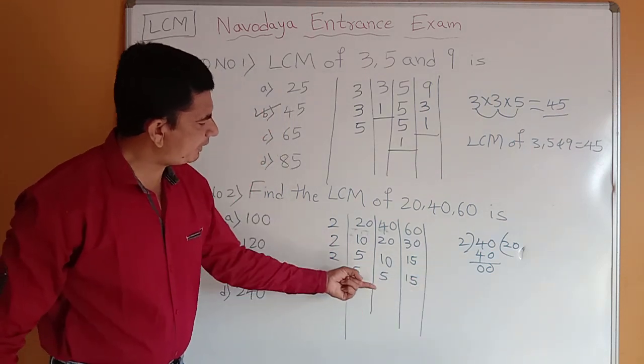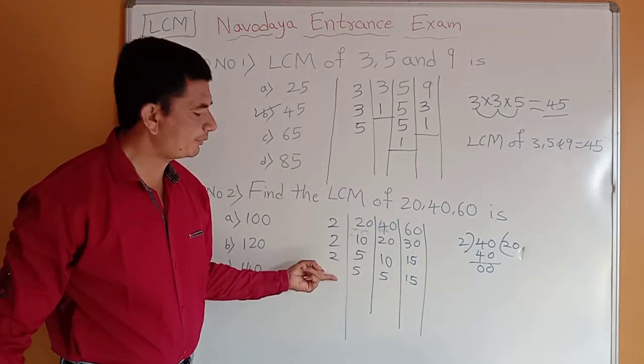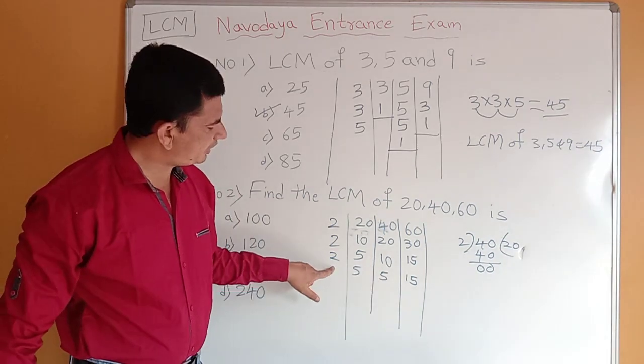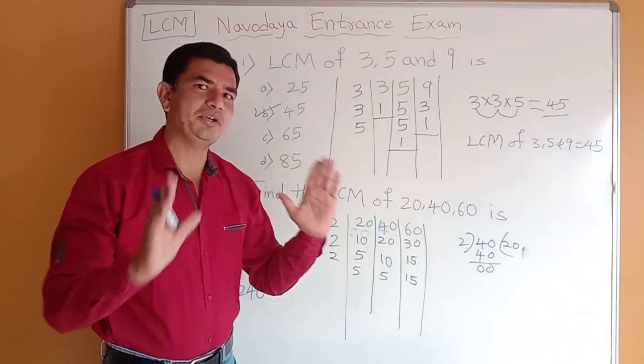Is it divisible by 2? It is not divisible by 2. So what we have to check is 3. In the 3 table, are these numbers present or not? In the 3 table there is no 5, but 15 is there in the 3 table. So we can take 3.